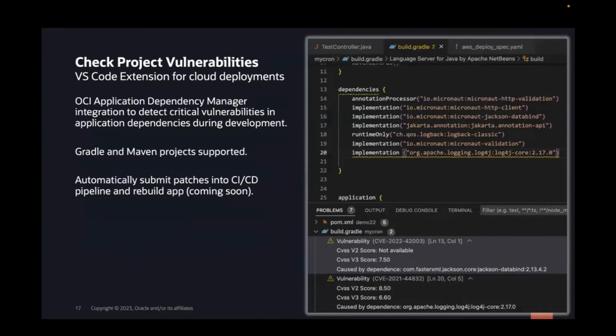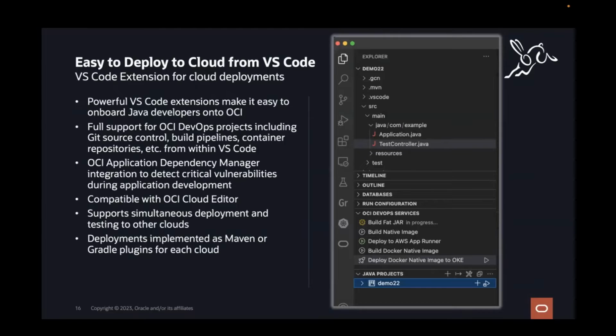When you have a Graal Cloud Native application, using this tooling from inside VS Code, you will be able to push this to OCI DevOps and have an OCI DevOps project set up for you with sensible defaults, with build pipelines and deployment pipelines. You won't need to configure any of that yourself, really. If there's an OKE cluster in the compartment that you push your code to, we'll automatically discover that and wire it up into the DevOps project for you.